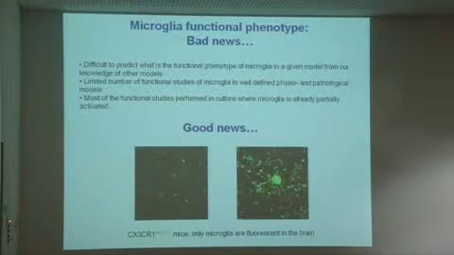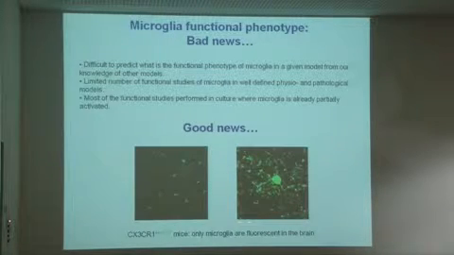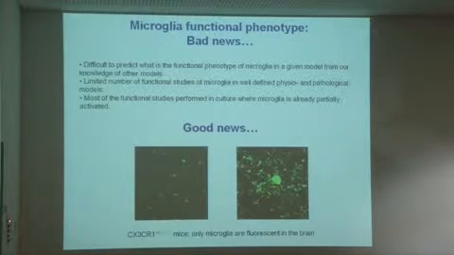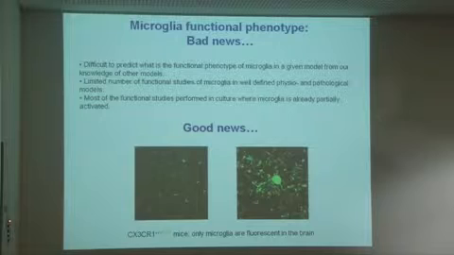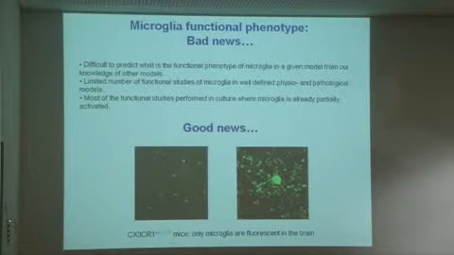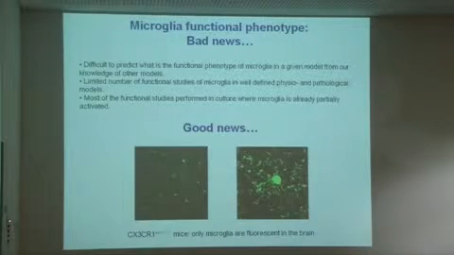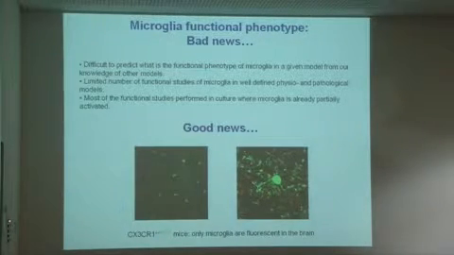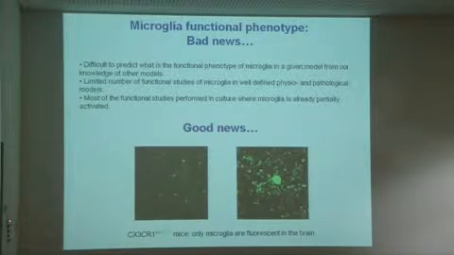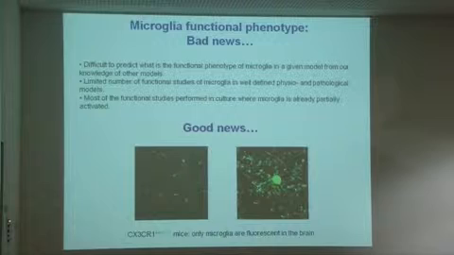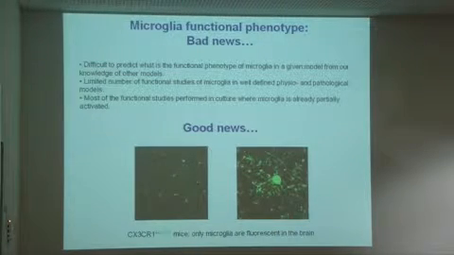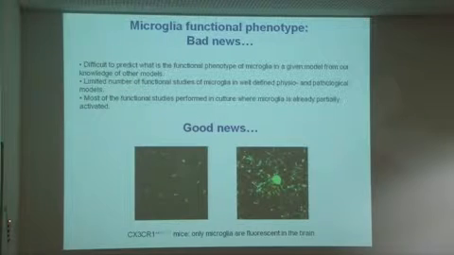The good news is that we now have some transgenic mice that we can use to visualize and identify those cells in vivo, in the whole brain, in living animals, or in acute slices prepared from these animals. The one we have been using in my lab is the CX3CR1 EGFP heterozygous mice developed by the lab of Littman. This has allowed us to target microglial cells in acute slices of the hippocampus and to look at their electrophysiological properties, their pharmacological properties, and their motility in the slices.